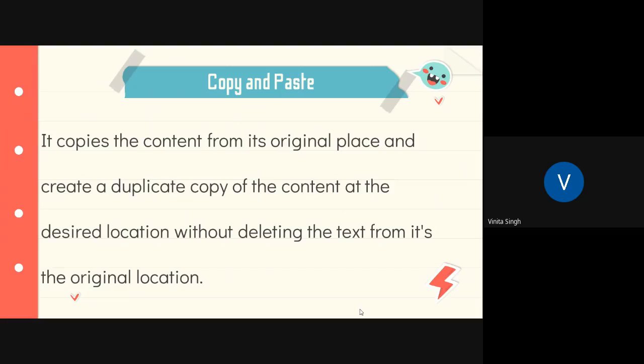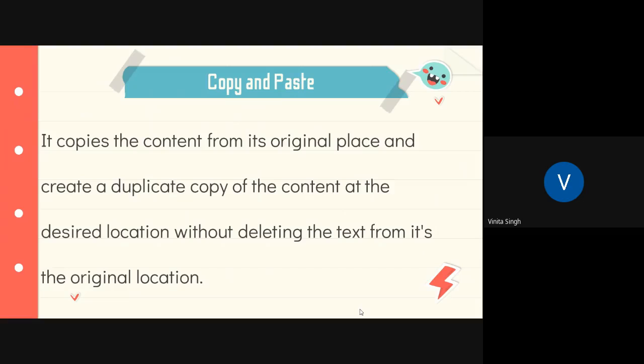That means if you want to copy some content from one document to another, you can copy and paste it in that place, but at the place from where you have copied, the content will not be deleted. That means that particular content will be available at both the positions.